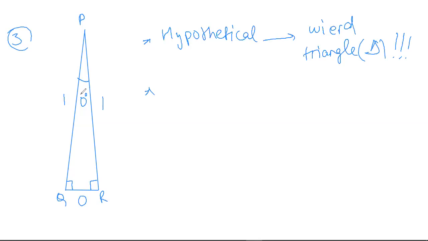So this is 0 degree, this is 90 degree, this is 90 degree, and we have again assumed this as an isosceles triangle in which 2 sides are equal. So therefore the 2 angles adjacent to the 2 sides are equal, and one side is 1 centimeter, so therefore the other side will also be 1 centimeter. And QR is equal to 0. Believe it or not, QR is equal to 0. That is my way of remembering trigonometrical ratios such as sine 0 degree, sine 90 degree. Weirdness creeps everywhere. Don't be shocked by it.